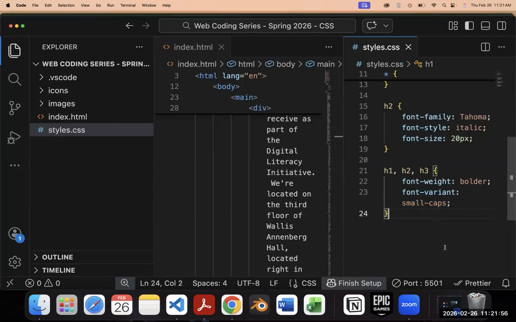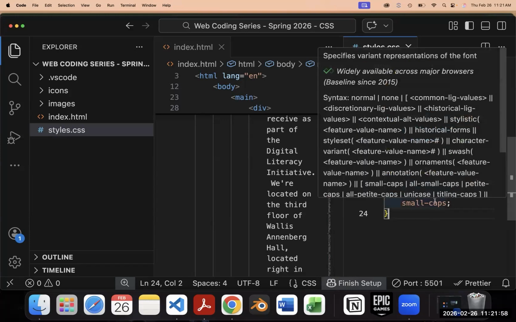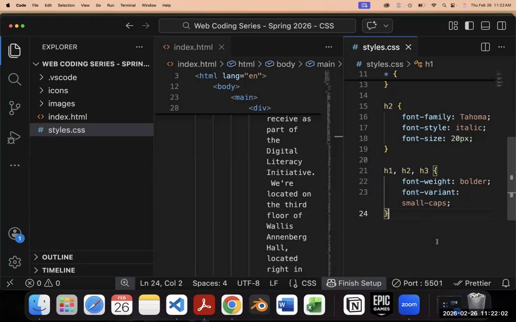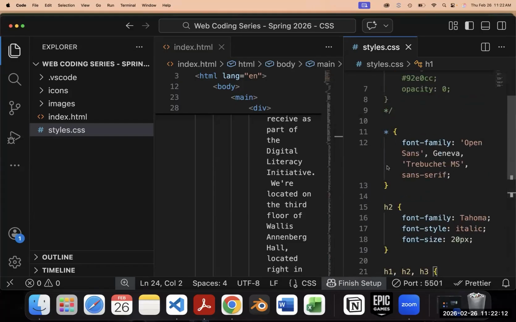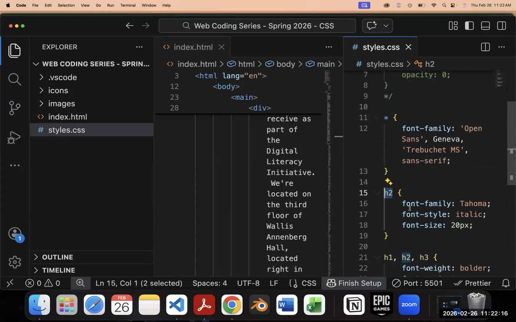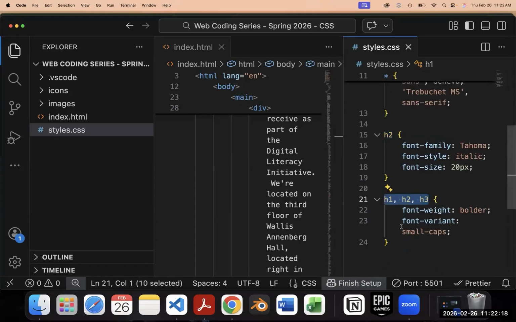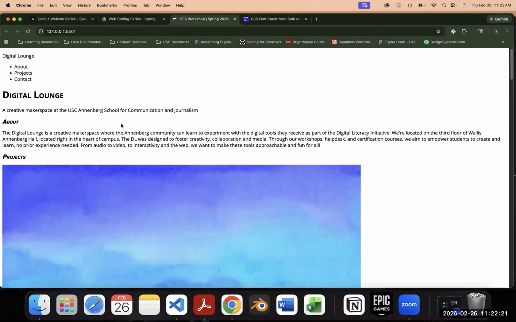So we got some more text stuff. For some reason, some of these are font-something, and some of them are text-something. I don't quite know the difference, if I'm being honest. But we're going to learn a new selector. So far we've done universal, we've done our element, and then we've changed some elements together. But let's say we wanted to apply